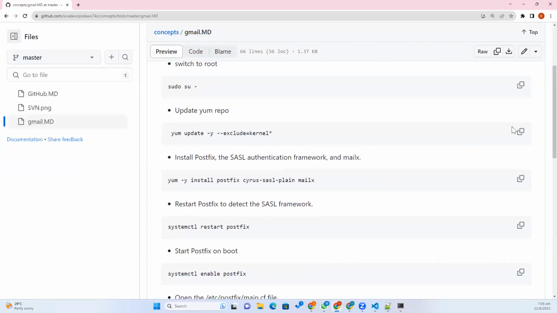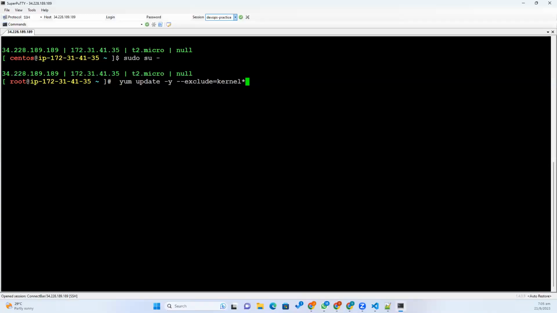You need to update the OS packages except kernel packages, because kernel packages we don't change usually, unless the OS is getting updated from CentOS 8 to CentOS 9. Okay, so this will take some time. So within the time, let us